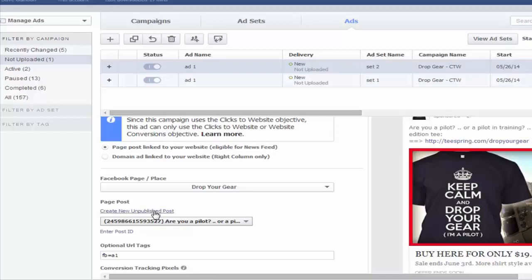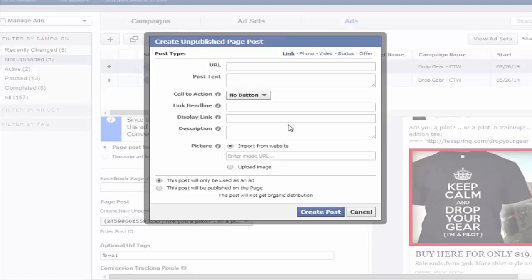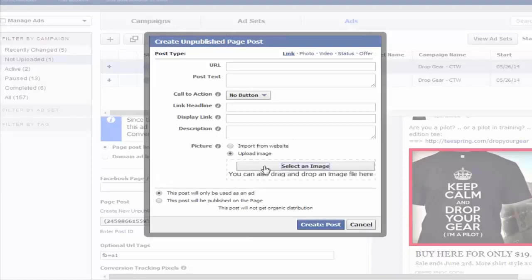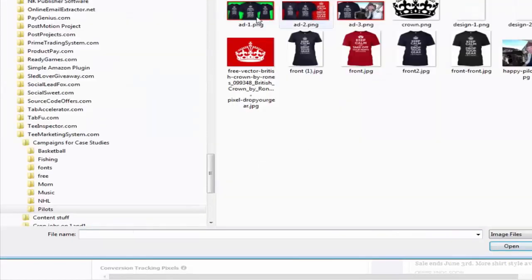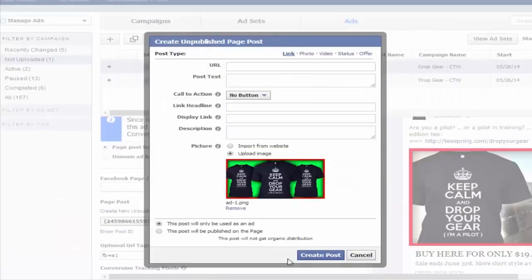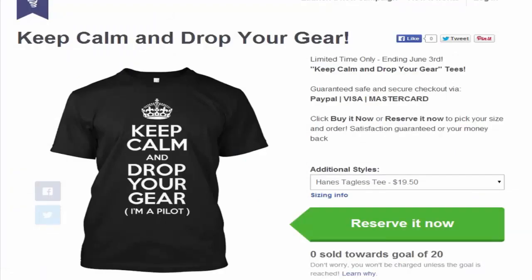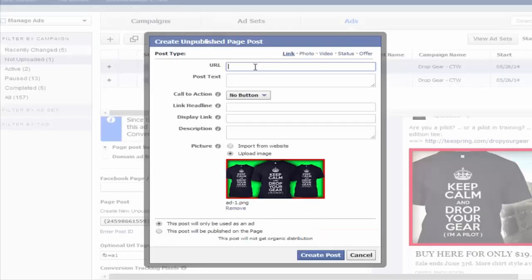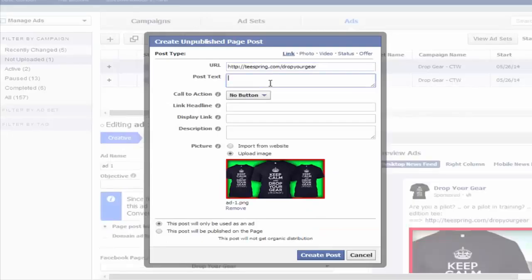So first let's create our post again, and I'm just going to do the same thing I did before. Let's go and grab my image first, and let's go with the green because that sort of pops out quite a bit. I need my link again. Put that in there. You go, are you a pilot or a pilot